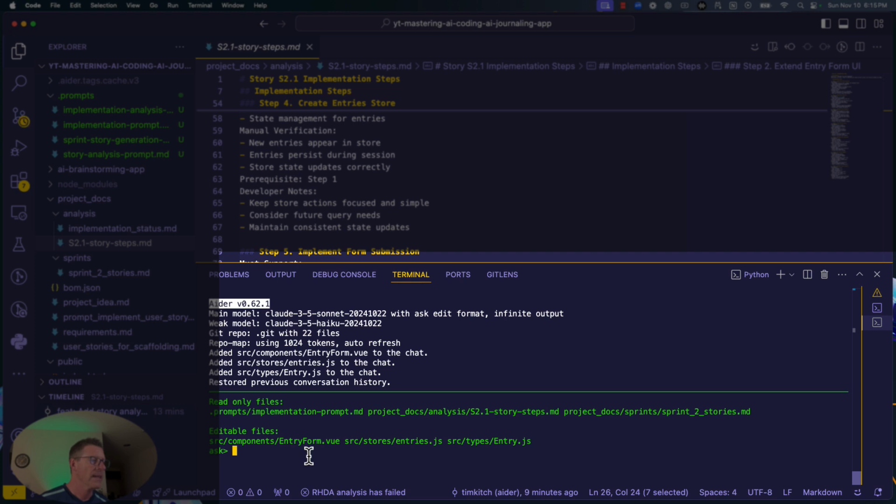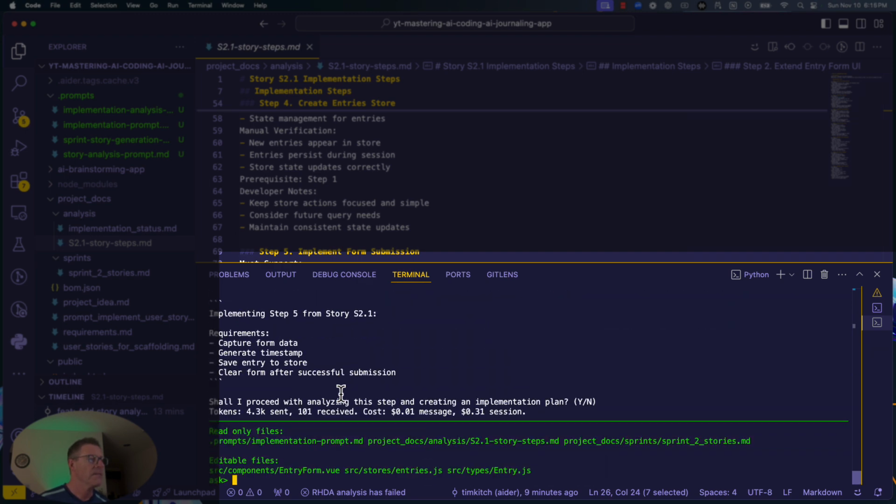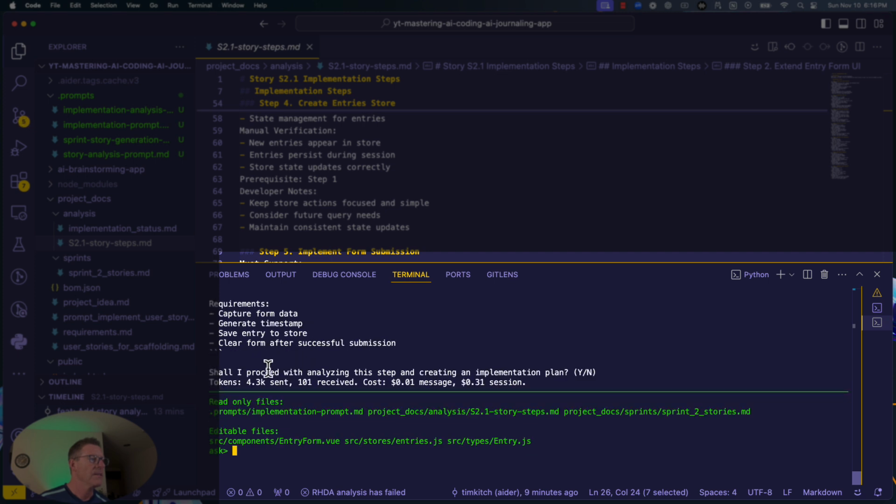Always start off with ask mode. Okay, so we're going to say implement step story S2.1 step 5. All right, so again, it's going back to verifying it has what it needs. It's going to review everything and say, hey, we're going to capture form data at a time step and save the entry to a store. And we're going to say, yes, go ahead and proceed with your